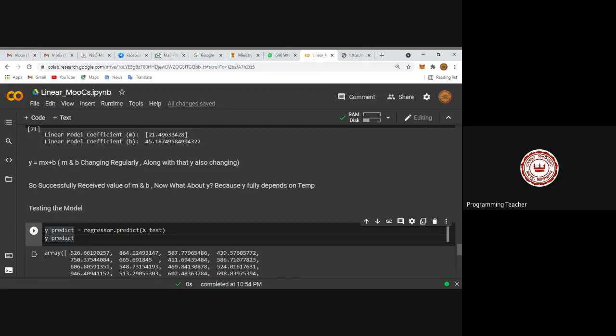If temperature shifts from 30 degrees to 31 degrees, that takes effect directly on revenue. That is the defining part. Whenever you are assigning a variable, please be careful to use a relevant keyword, because later in the program it will be much easier for you to understand. So why are we taking the variable y predict? Because we have to make proper predictions for y, because y is my ultimate target. Obviously y is my ultimate target. The same thing is applicable on a daily basis.